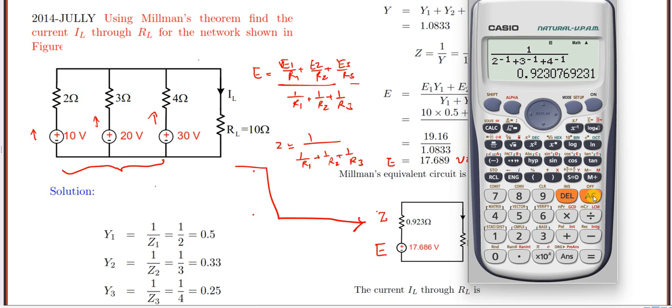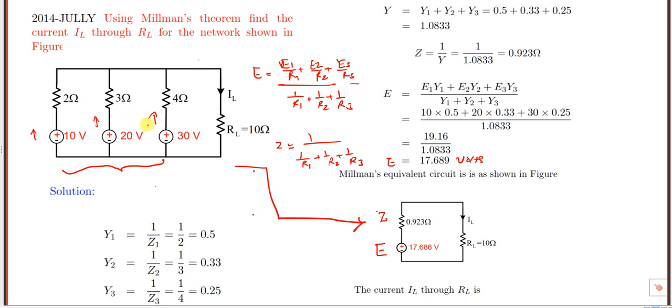Or you can also do 2 inverse plus 3 inverse plus 4 inverse is equal to, you put after that answer inverse. You can do like this or you can do like this. This is similar to this, so you can follow this. So we got 0.923, it is a resistance. So this portion is Millman's equivalent circuit. Which portion? This portion. We converted the parallel voltage sources into single voltage source E and single equivalent